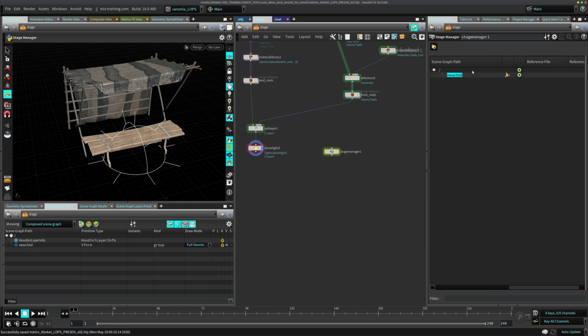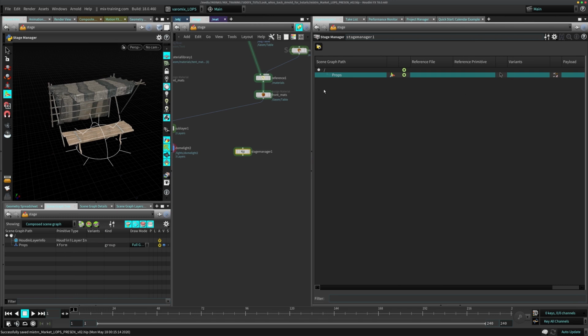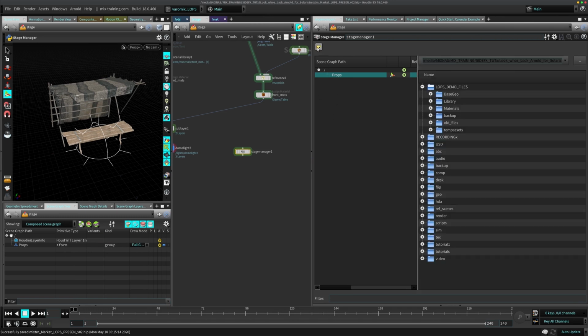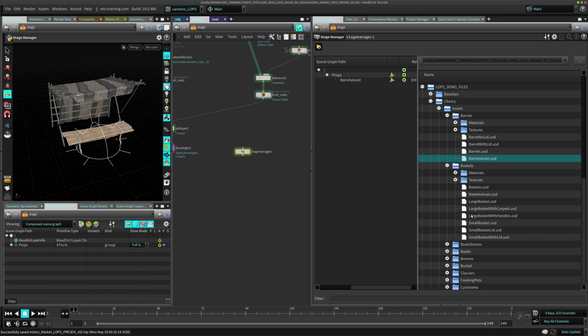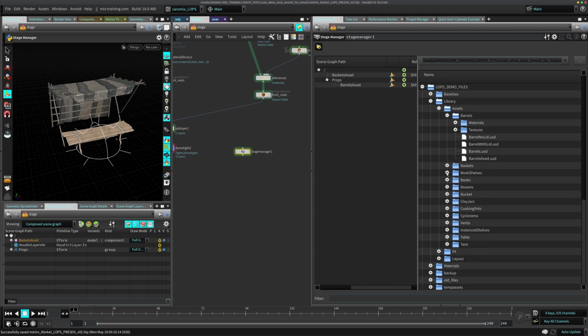You can create a parent group. Let's call this props. Let's make this bigger because this requires a lot of screen space. Click this little icon, navigate to where you have your files, and go to the library assets. You can see here we're going to import the ones that say asset. This is our USD assets. Just drag them here and then drag it on the props. Let's bring the basket asset there, and let's bring, I don't know, one of the books, the book